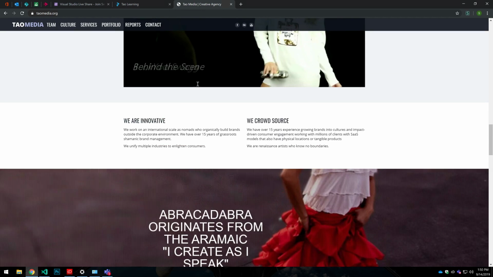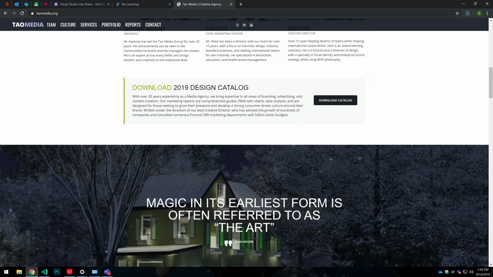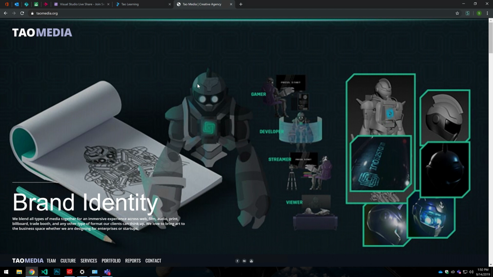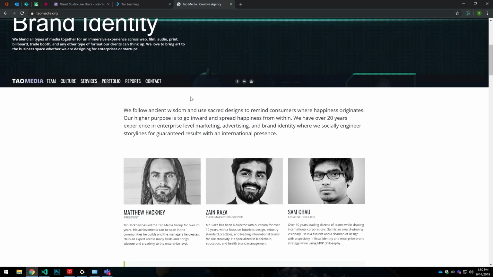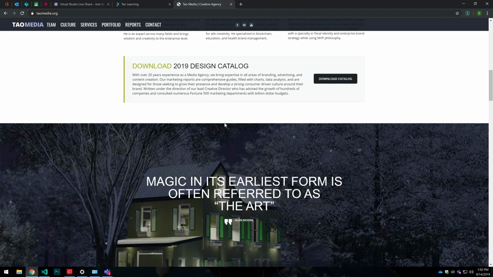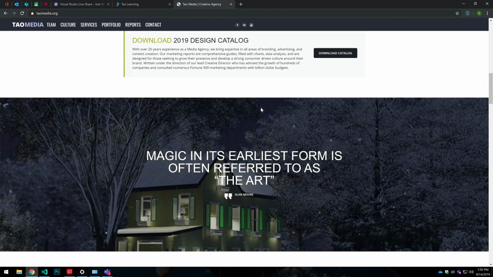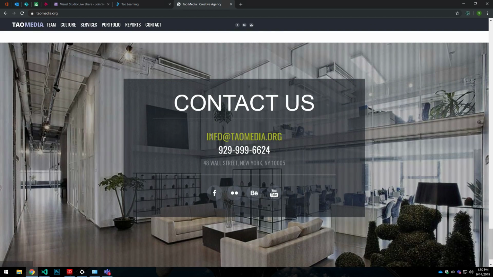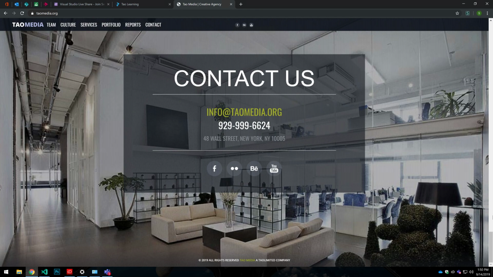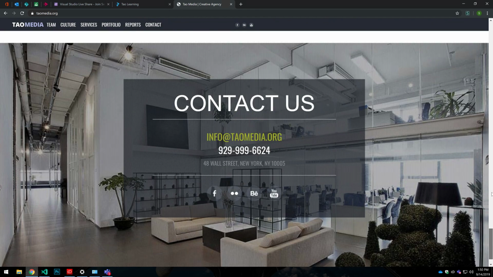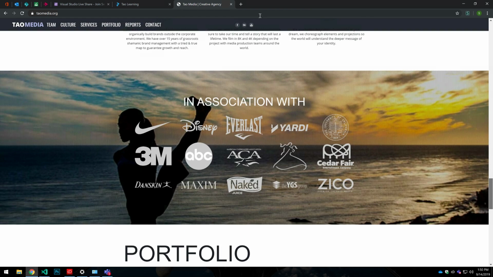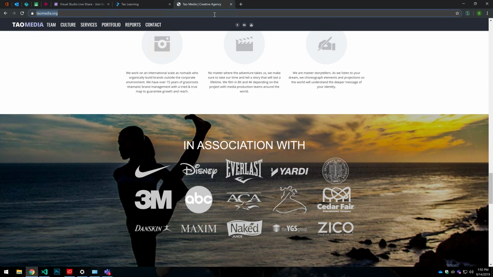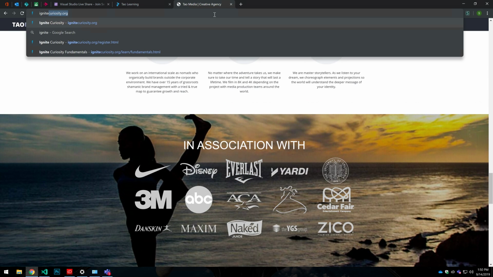This is very simple. The call to action here is just hire them to do branding. So you can download the catalog. That's a call to action. You can look at the portfolio. And then at the bottom, it shows how to get in touch. And the whole point is just to hire them. So if we go back to that Ignite Curiosity website and see their call to actions,